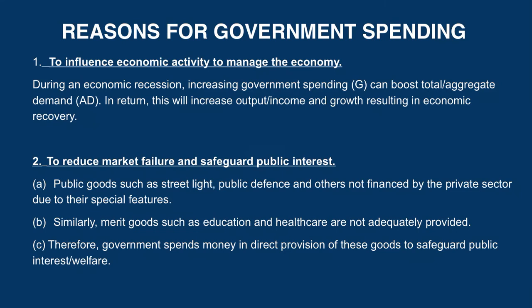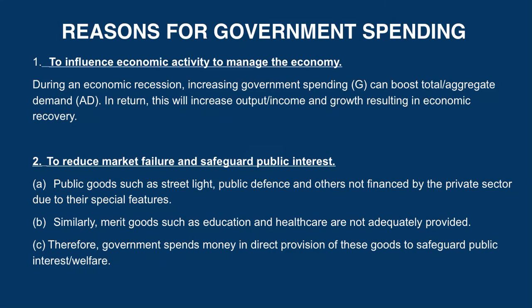Secondly, to reduce market failure and to safeguard the public interest. In order to reduce the market failure, the government intervention is mainly to provide the public goods as well as to supply more merit goods. Public goods such as street lights and public defense are not financed by the private sector due to their special features. Similarly, merit goods such as education and healthcare are also not sufficiently provided